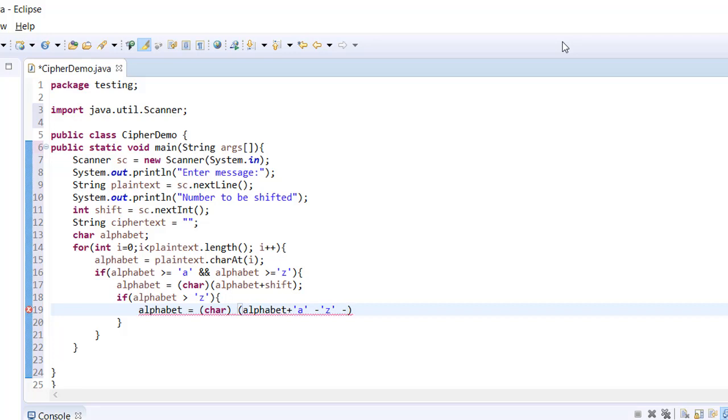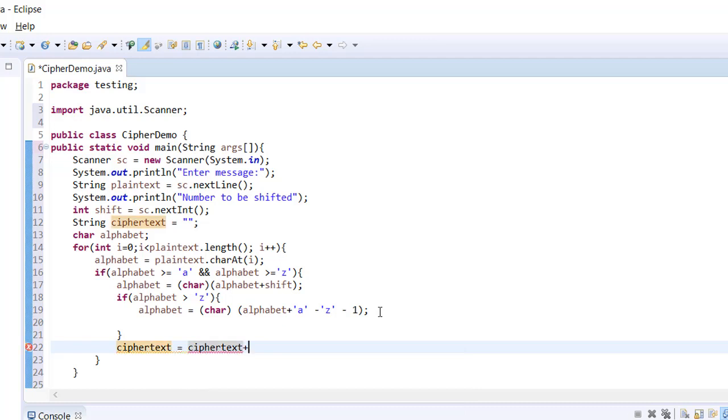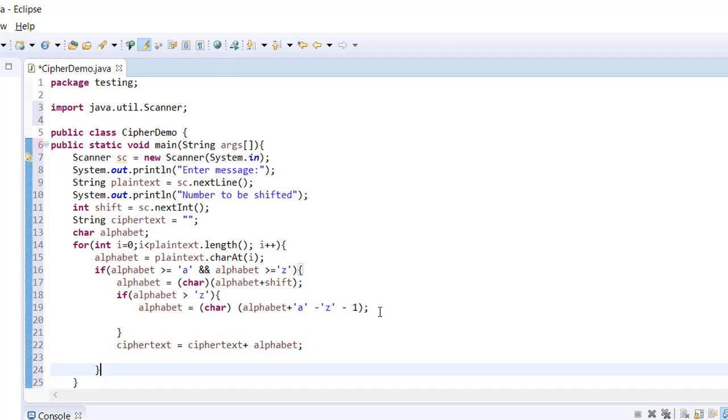Now here we shifted to right with the help of the plus operator. Now here we are going to shift to left with minus operator. So basically this is not concatenation, this is your shifting, right shift and left shift. And just in case if the series is reached till the end, in that case you can restart the series from A. And in case this is all about your if condition,